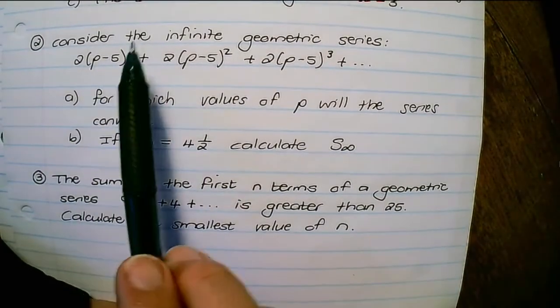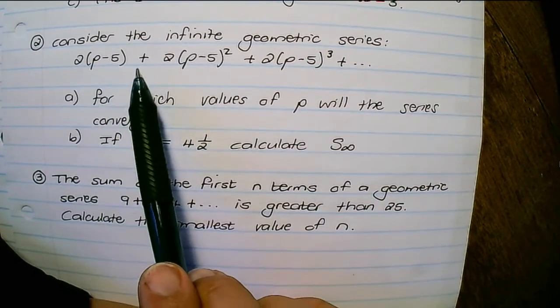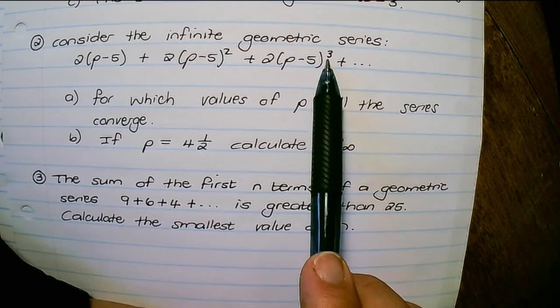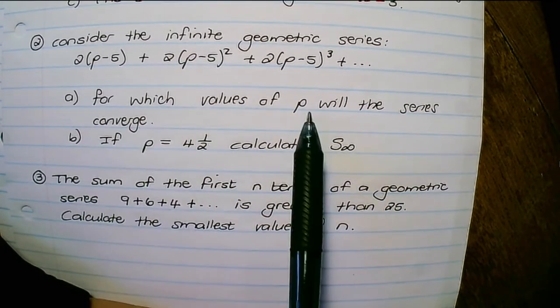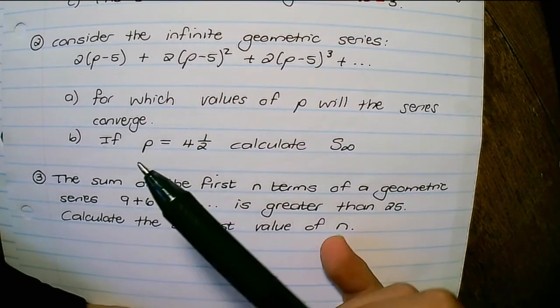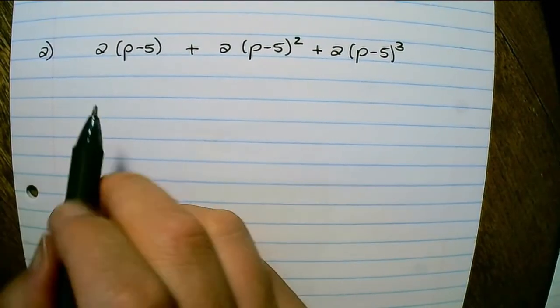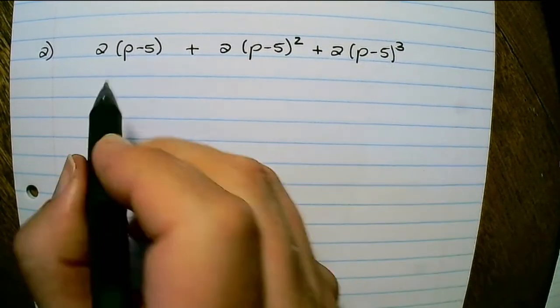The second question says, consider the infinite geometric series 2(p − 5) + 2(p − 5)² + 2(p − 5)³, and so forth. It asks for which values of p the series will converge. So before we can determine the values of p for which the series will converge, we need to find the